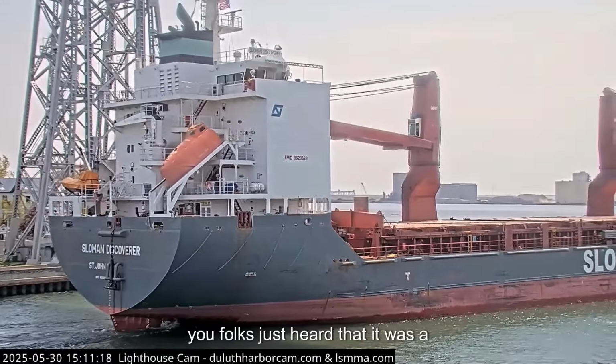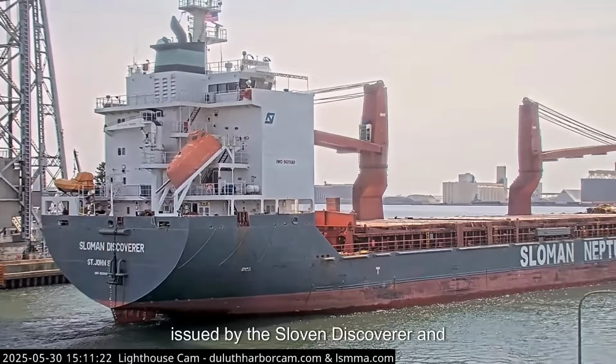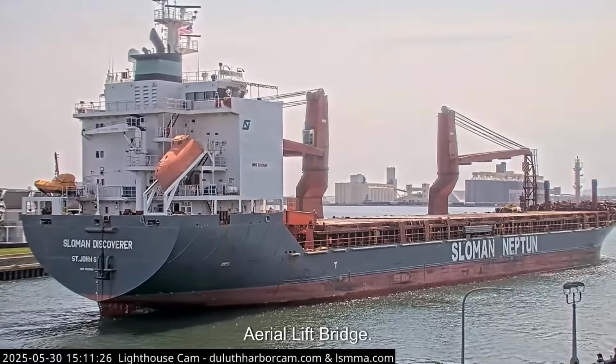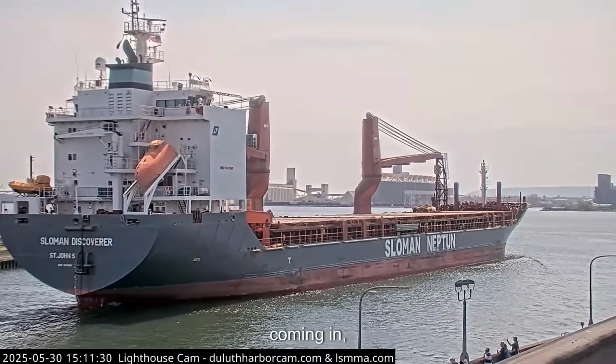And what you folks just heard there was Captain Salute or Standard Salute, initiated by the Sloman Discoverer and replied to in kind by the aerial lift bridge. Once again, folks, the Sloman Discoverer coming in, built in